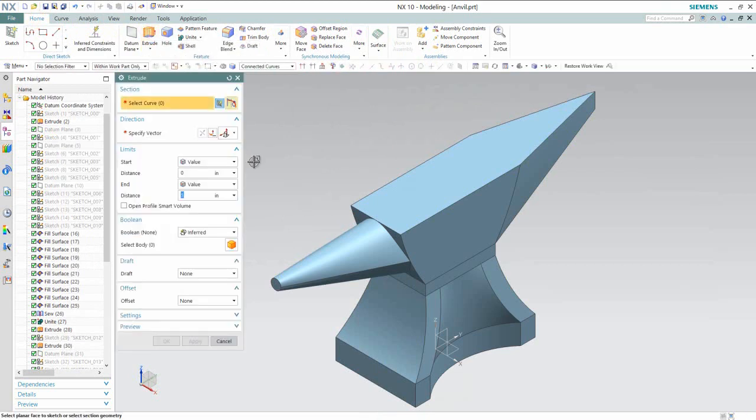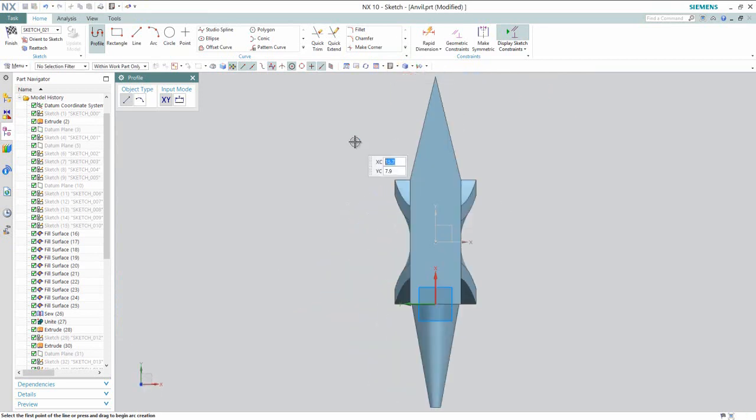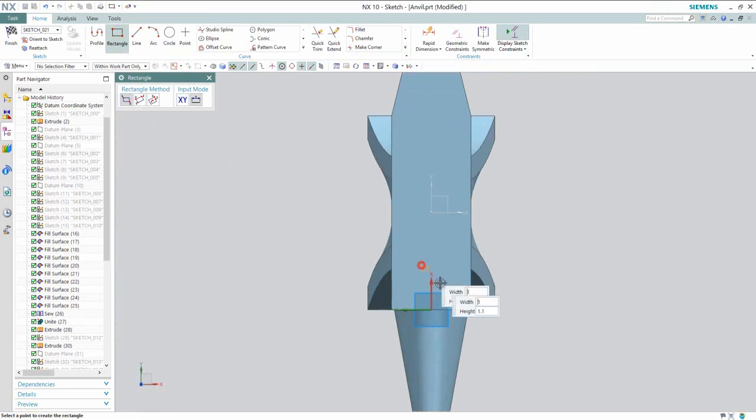Now we will activate the extrude command. Select the top face of the anvil to start the new sketch. Choose top view and create a rectangle like this. OK, and create a circle like this.